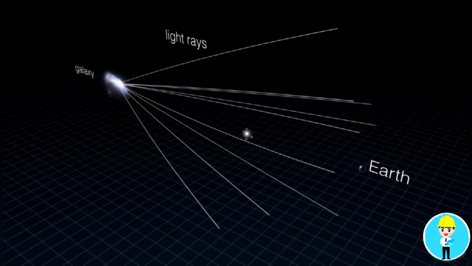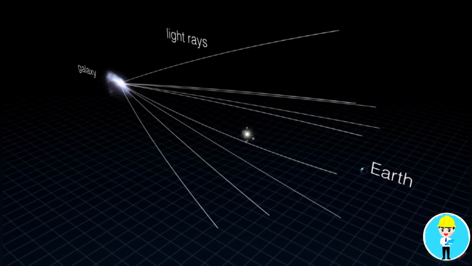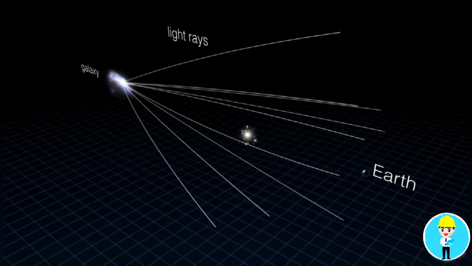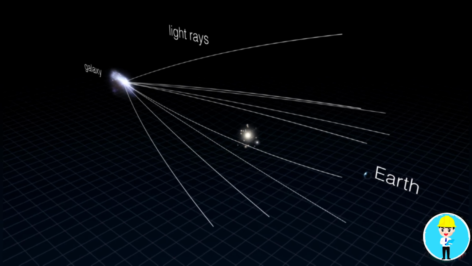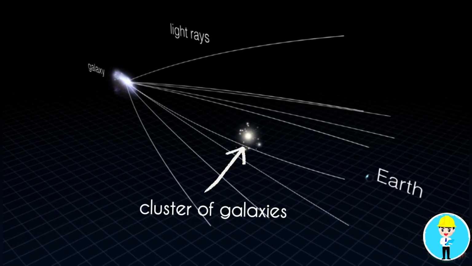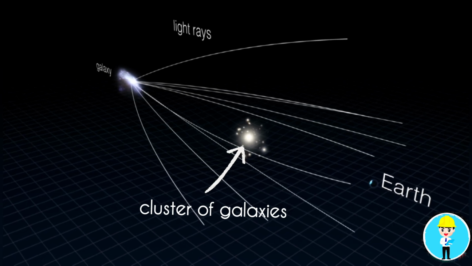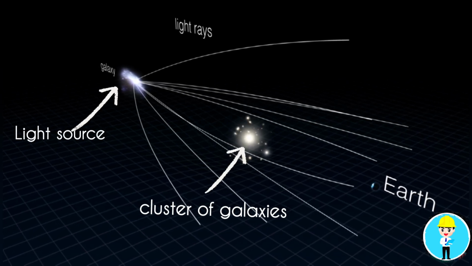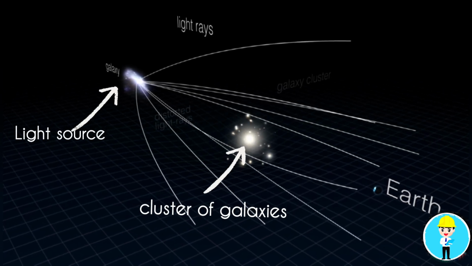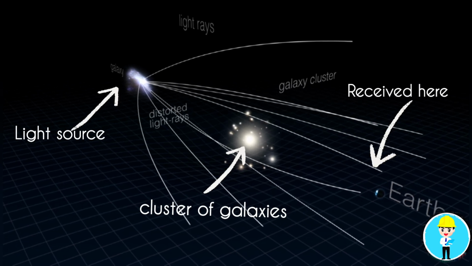But as soon as a cluster of galaxies gets accumulated in between, or in other words, if we add a galaxy cluster to this particular scenario between the space that is present within the galaxy from which the light is coming, or the source, and the earth or the observation point where the light is being received,